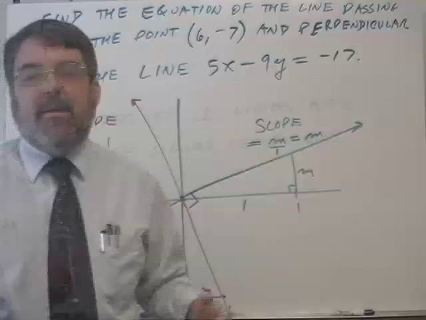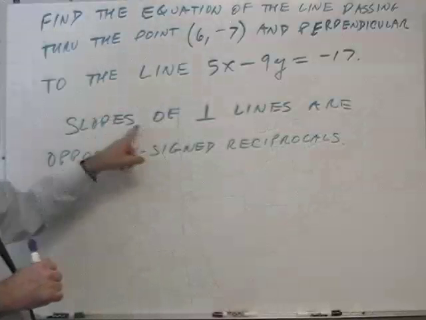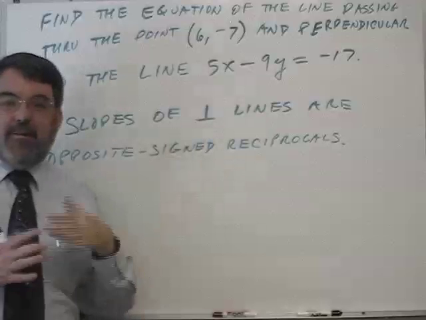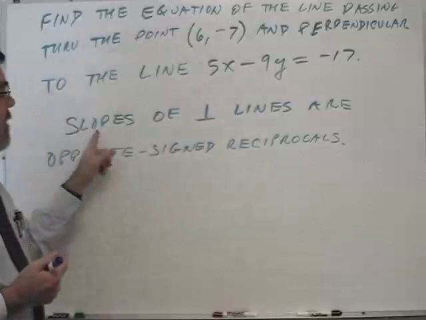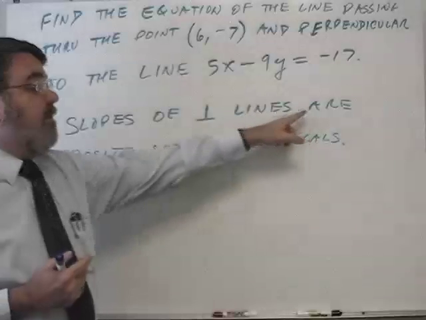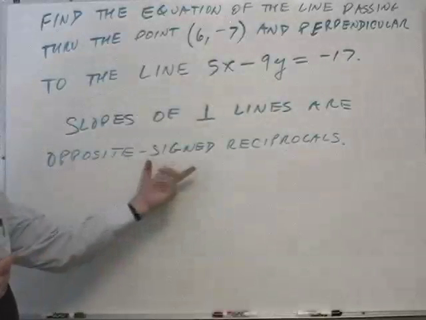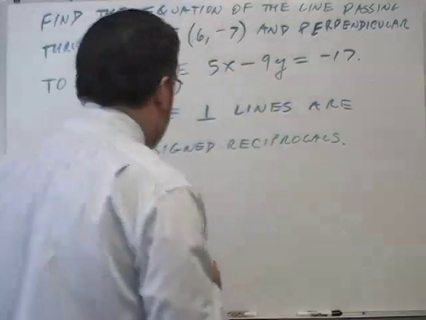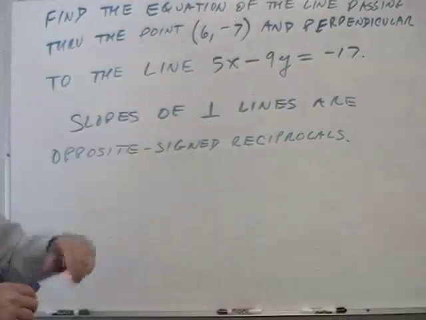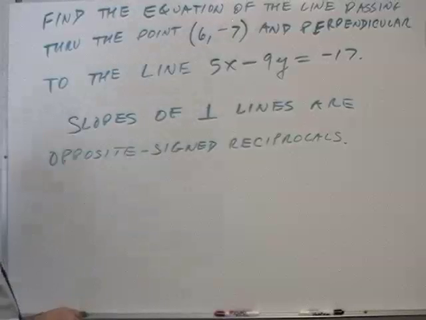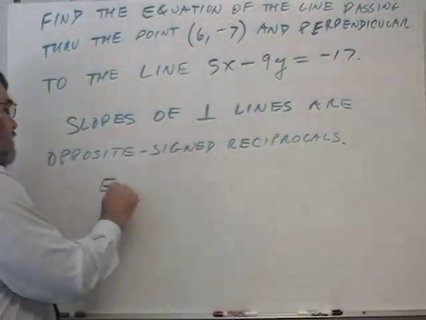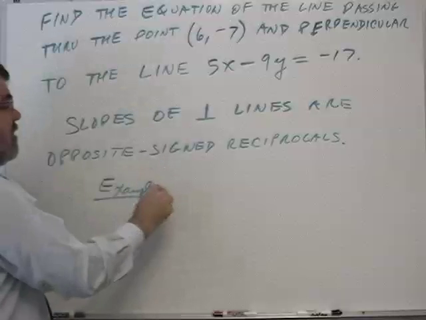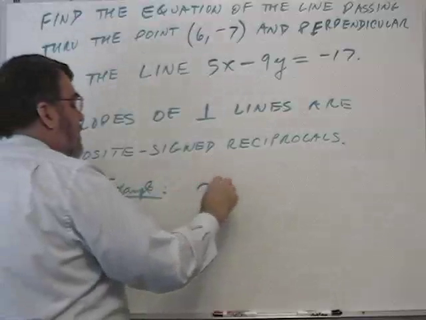So I'm going to write that up as a rule. Slopes of perpendicular, that's the math symbol for perpendicular, an upside down T. Slopes of perpendicular lines are opposite signed reciprocals. Okay, so that sort of recaps what we just did. Let me give you a quick example before we go on to work our problem at the top of the board. Suppose I have a line